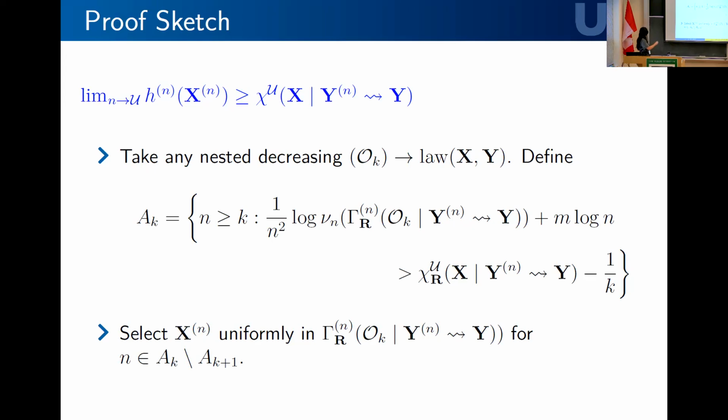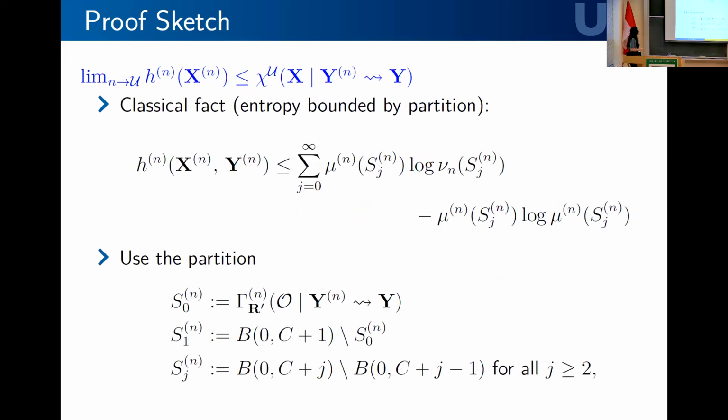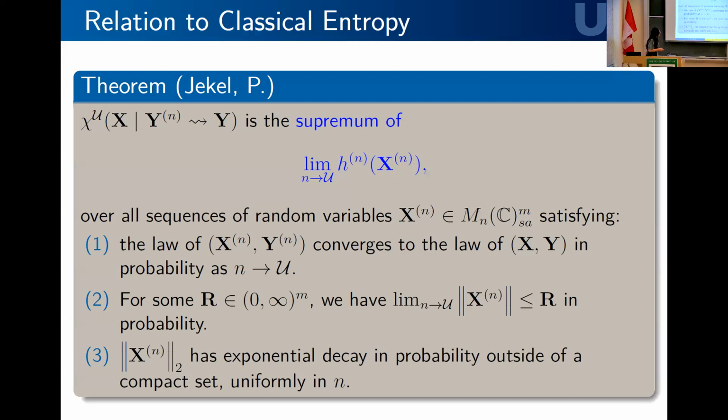And then by construction, this thing is larger than chi to the u, because that's how I made the sets. And then I have to say that these xn's actually satisfy my technical assumptions, but this is actually pretty easy because I'm picking some uniform distribution in here, so they are actually uniformly bounded in operator norm, which implies they're uniformly bounded in 2 norm. So 2 and 3 are satisfied, and then because I'm choosing them from the microstate spaces, I also get convergence in probability for the laws. So that's a sketch of the proof of the relationship in the case of microstates.